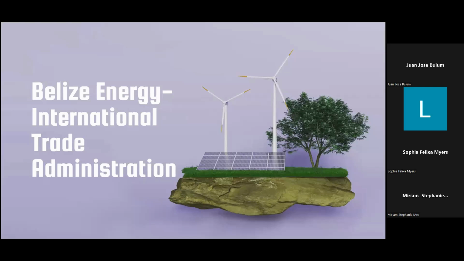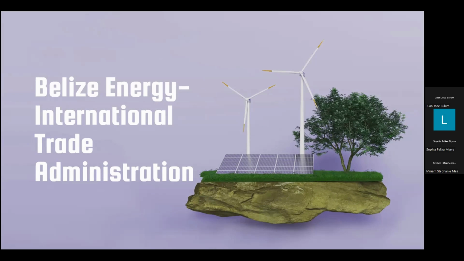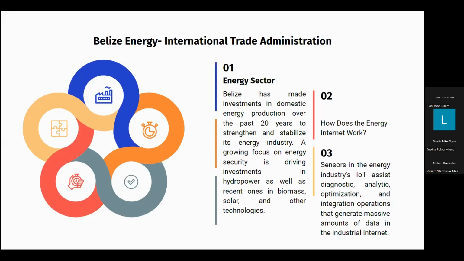So another example that I have here is Belize Energy within the International Trade Administration. In Belize, plans are being developed for renewable energy projects that vary from increasing the use of biomass power to installing distributed solar power systems. Belize has made investments in domestic energy production over the past 20 years to strengthen and stabilize its energy industry. Its growing focus on energy security is driving investment in hydropower, as well as recent ones in biomass, solar,